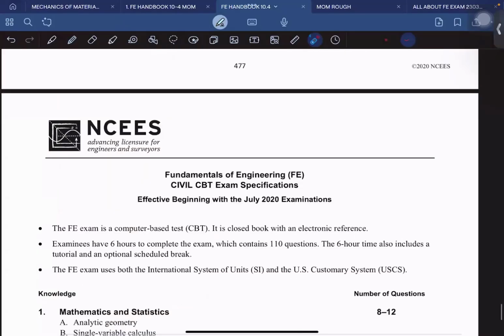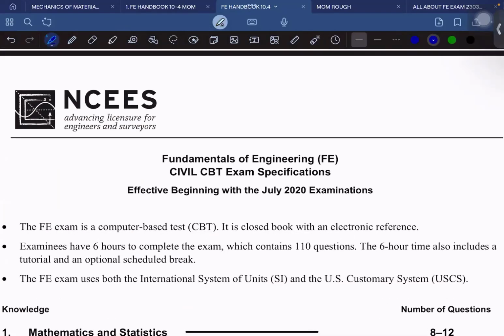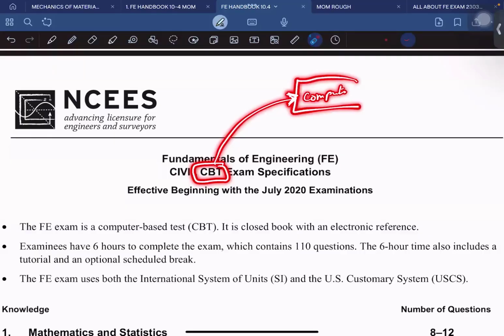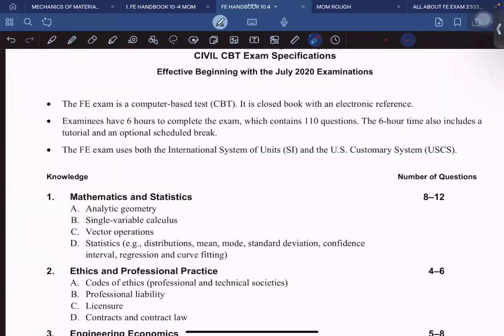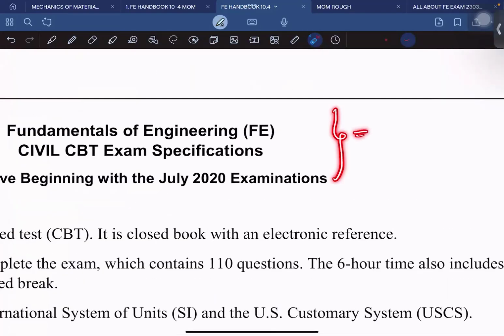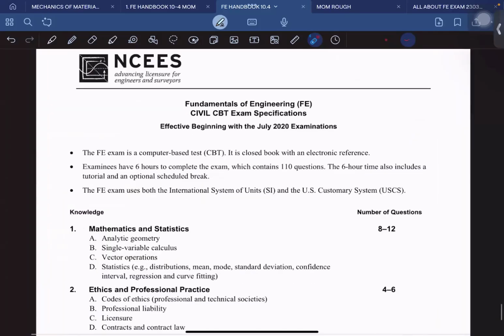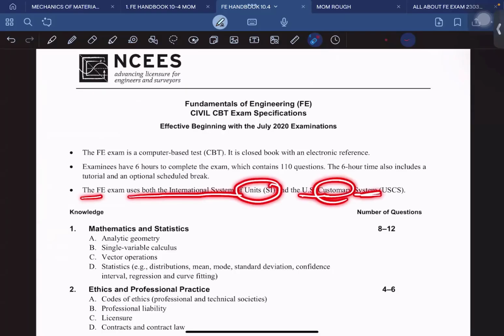So this is the syllabus for civil engineering for the FE exam, which is CBT. What is CBT? Computer-based test. It is not a handwritten test. You have to pick up the answer in the system, on the desktop. How many hours do we have for this exam? 6 hours. It will be in two stretches, morning half and second half. And you can see here the exam uses both the international system, SI, and the US customary system,